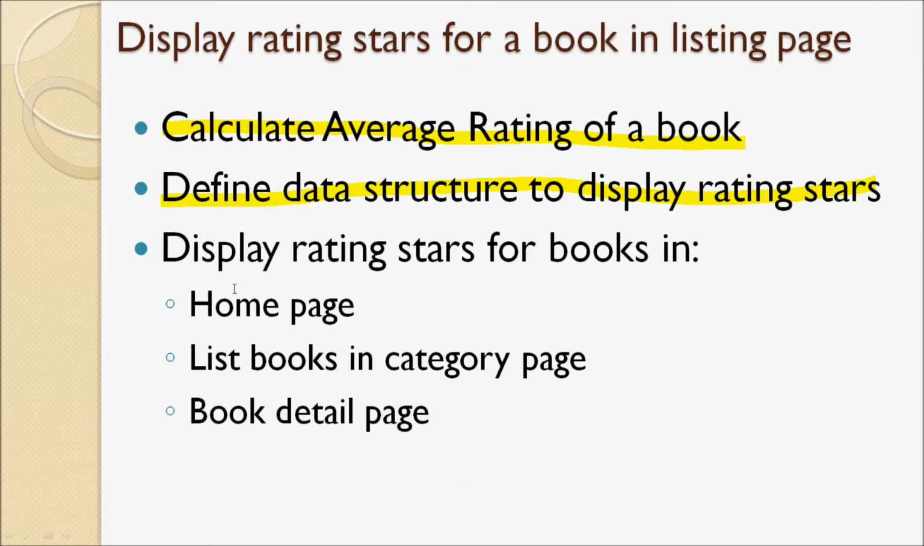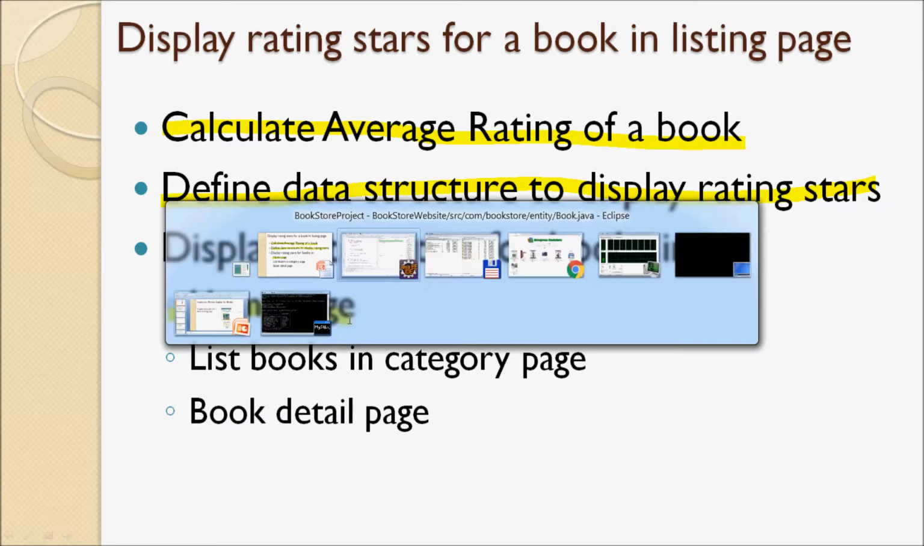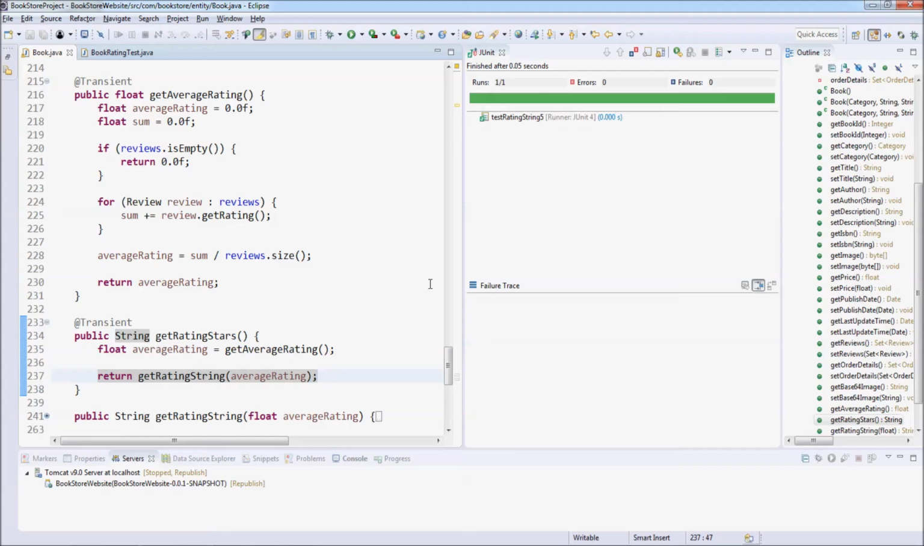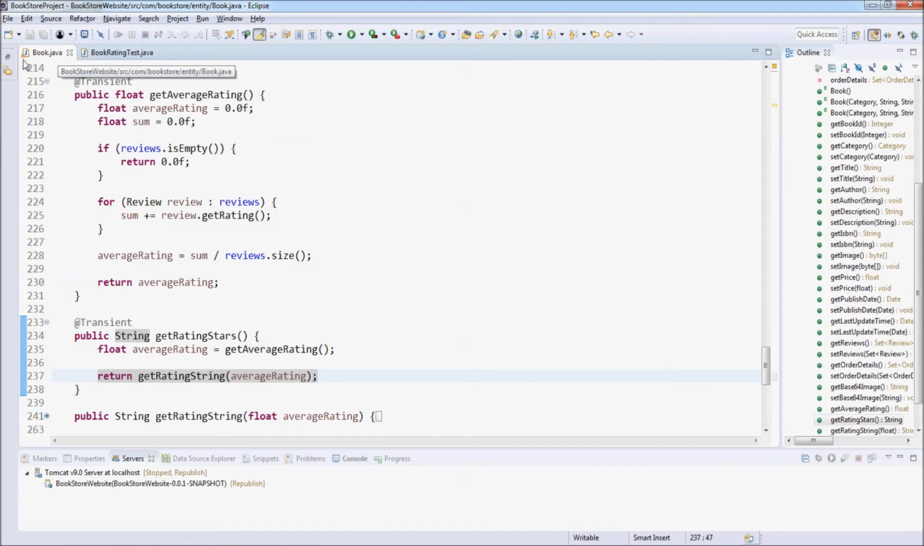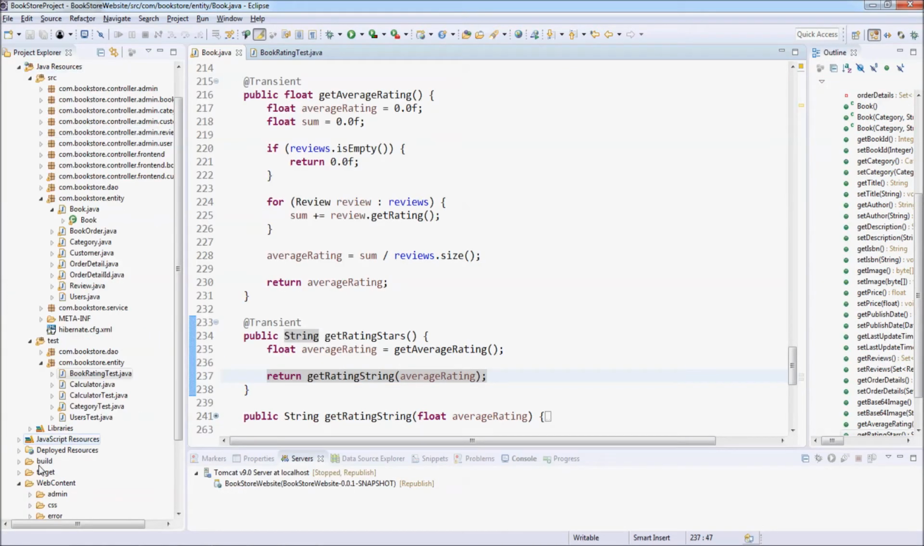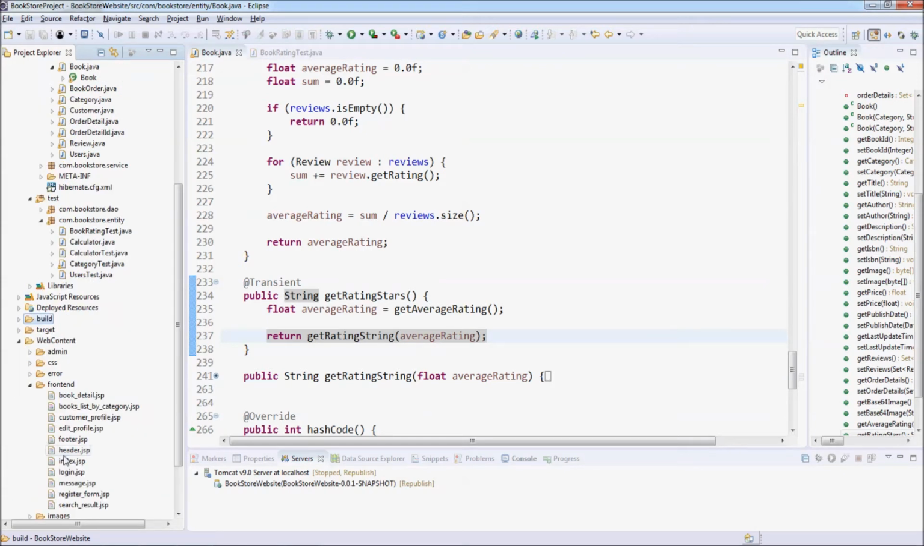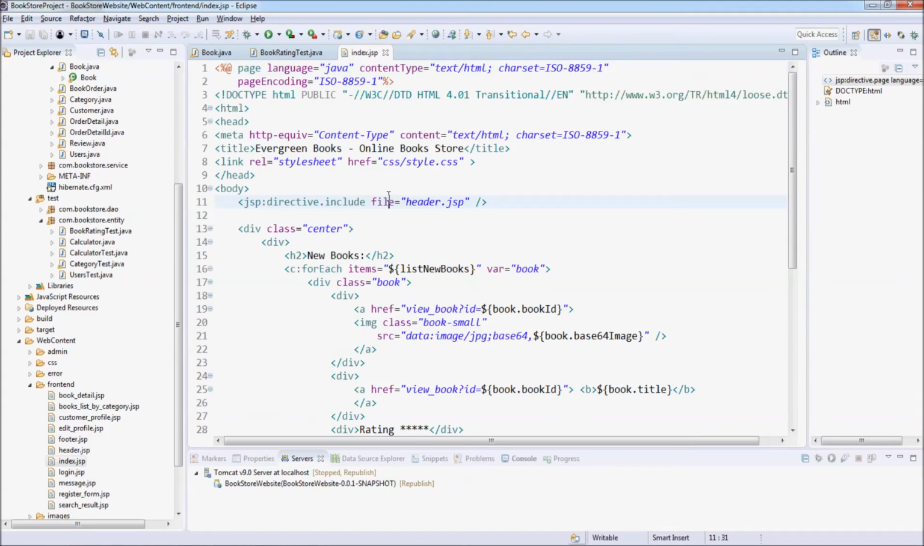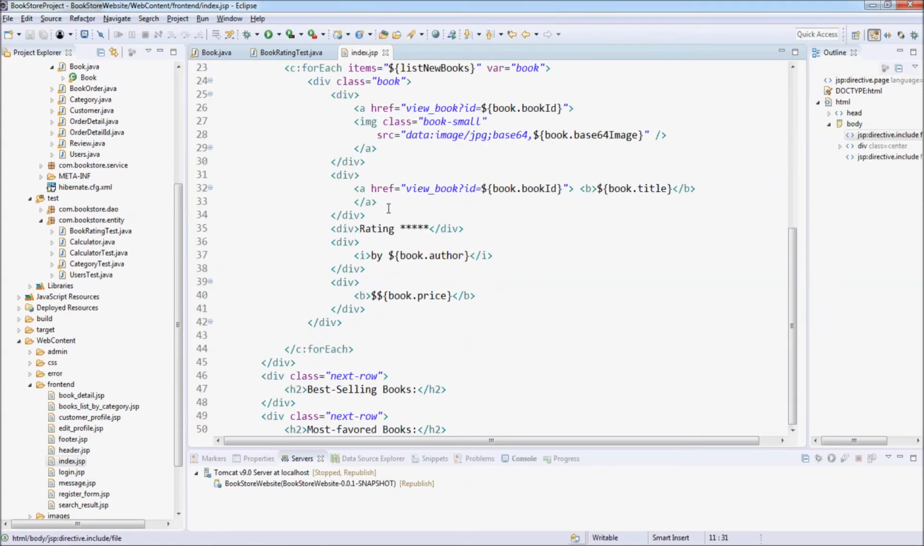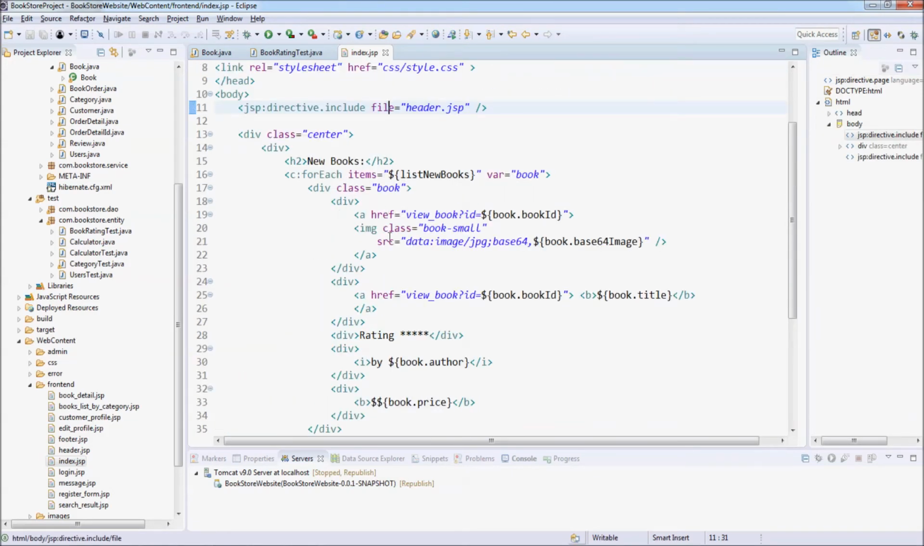And now let's display the rating stars for books on the home page. So let's open the index.jsp page in the front end here. In this home page we have the new books here. We have the book object here, and now